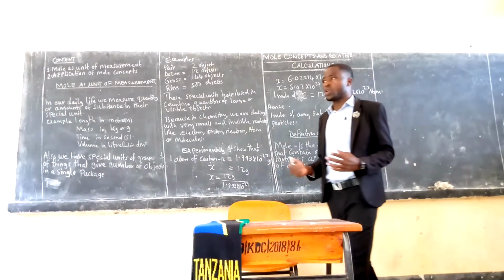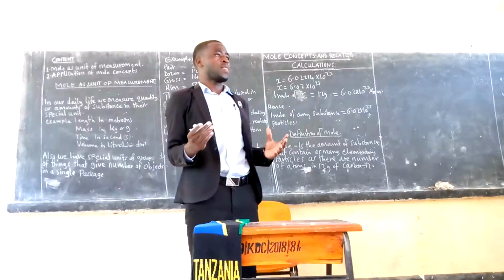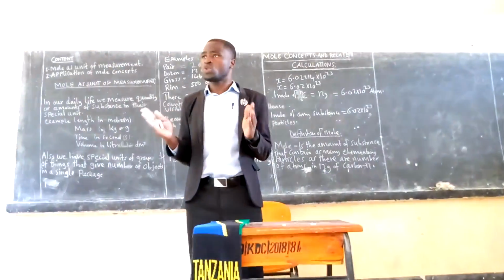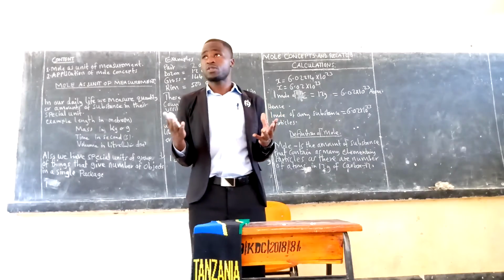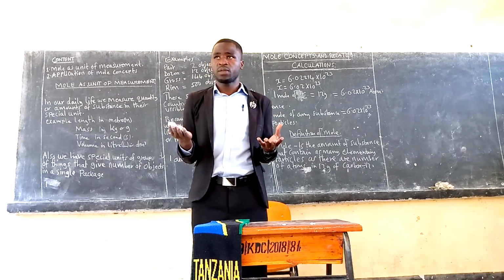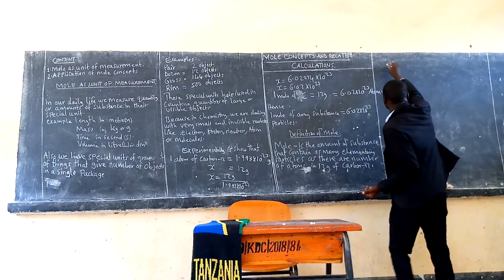And because we know that in 12 grams of carbon-12 there are 6.02 times 10 raised to the exponent 23 particles or atoms,